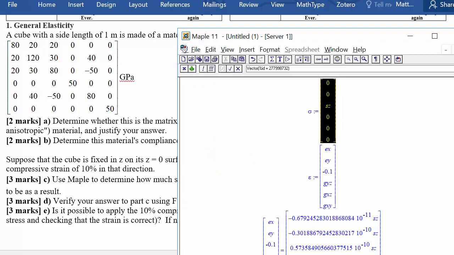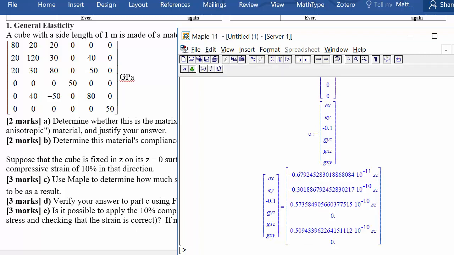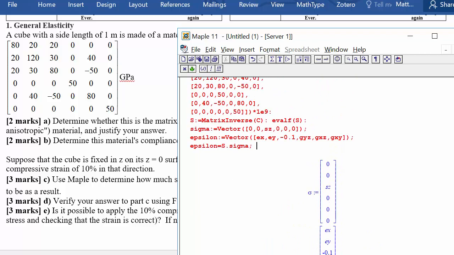And then the equation that we've got is this one here, all written out after multiplying the vector across. So by looking at this last set of equations, we really have 6 different equations in sigma z and all of the strains in the different directions. So maybe the more general way to solve this would be to say equation set is equal to